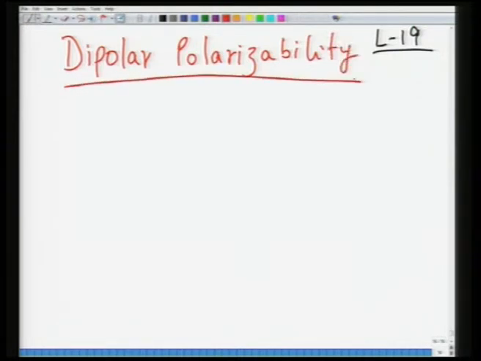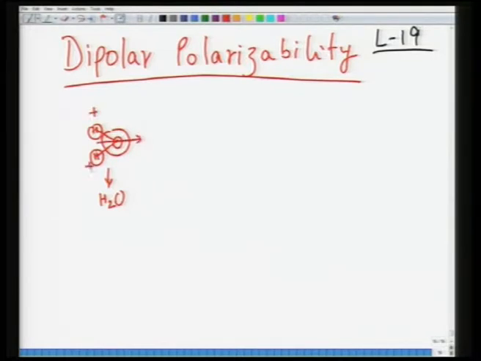dipolar polarizability. Now dipolar polarizability happens when there are dipoles which are present independent of each other, which means the material has a permanent dipole moment. For instance, I can give you the example of hydrogen, oxygen. So this is naturally a water molecule. You have basically two components, and these two components will have a net dipole moment going in this direction.